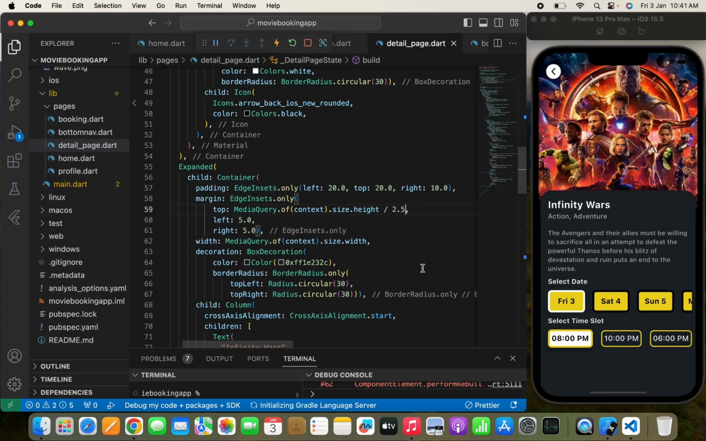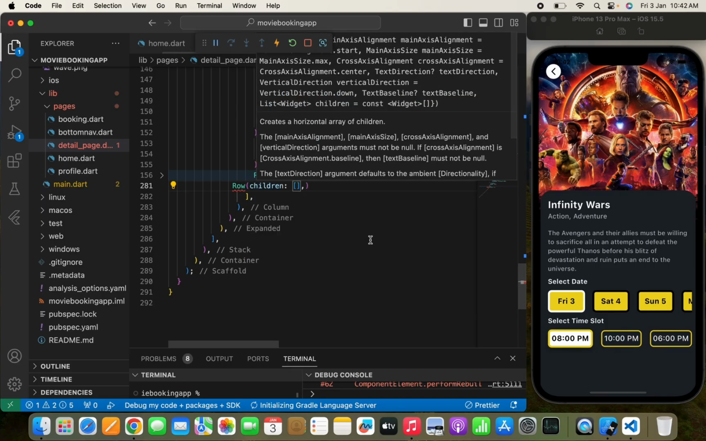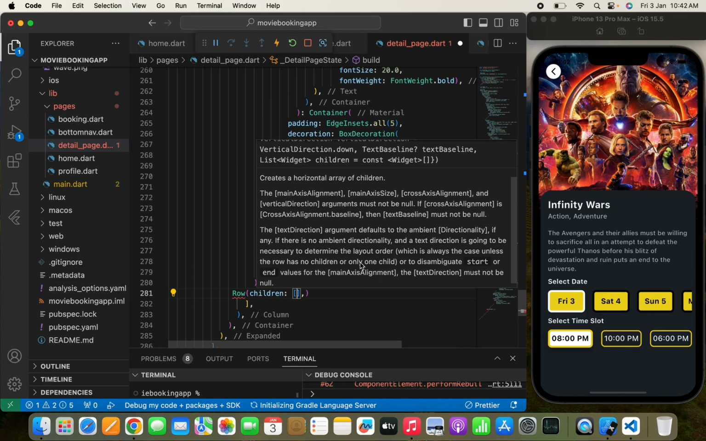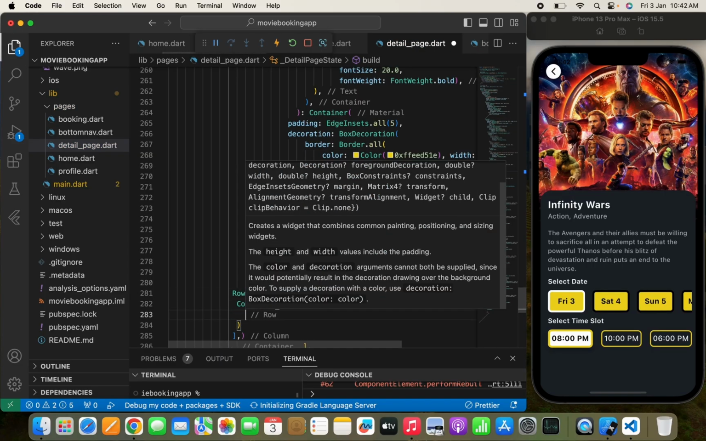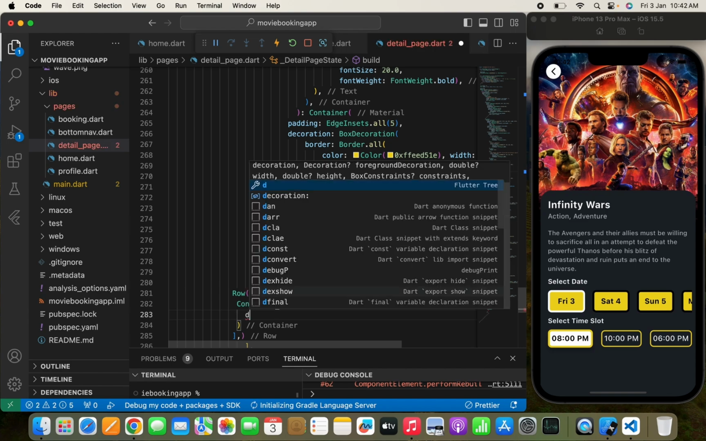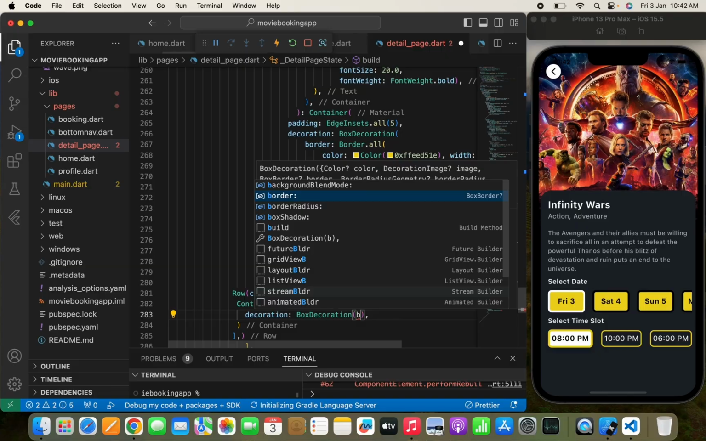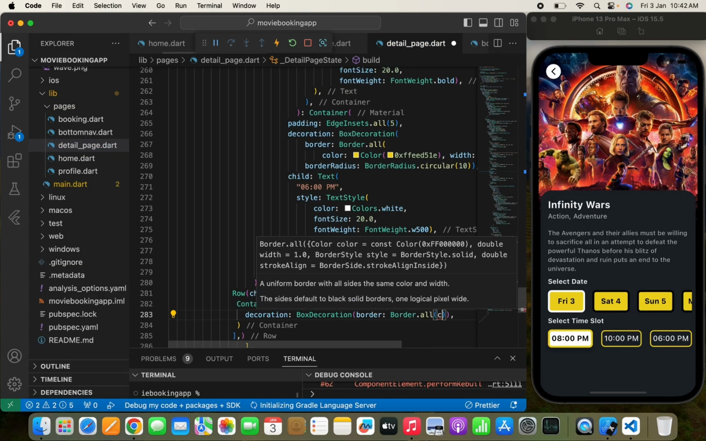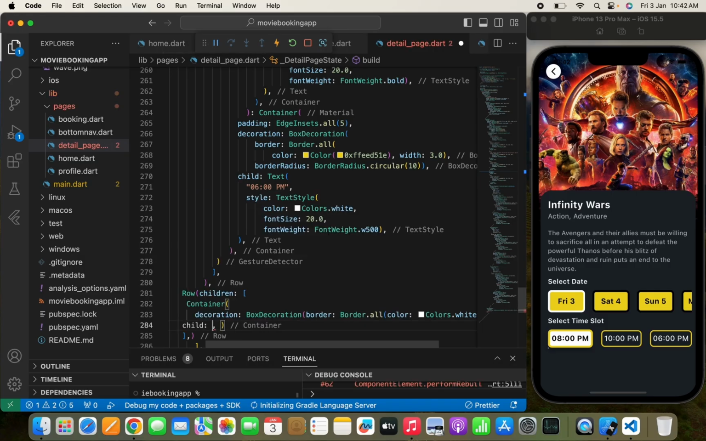Okay, now there is much space to show that container and a book now button. Here I'll create a row widget, and in the row widget I'll pass children. Once we are passing children, I'm going to show the function. For that I'll create one container, and in the container I will pass a decoration, a box decoration. Now the border will pass Border.all, and the color will be Colors.white, and here I'll pass a child row and